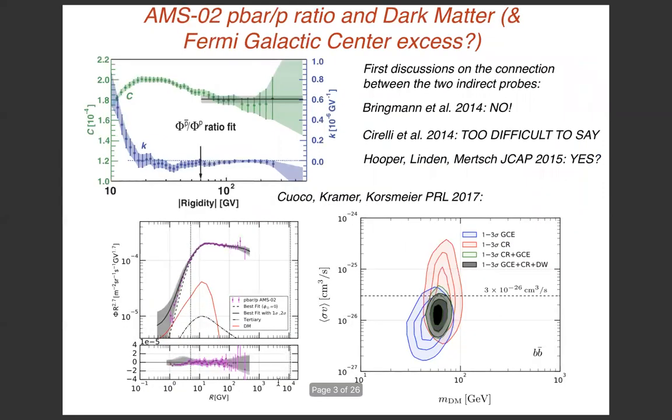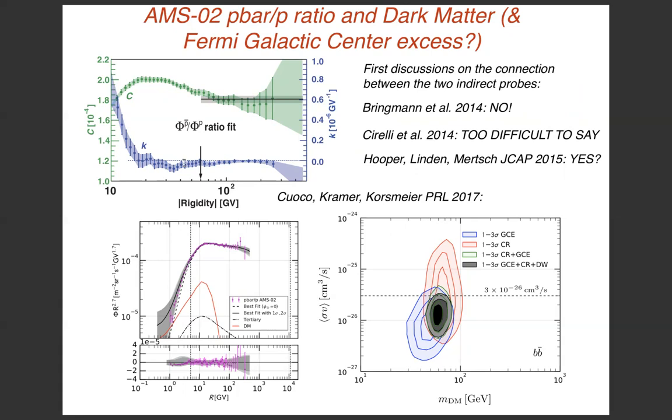Now, this has been a subject that before the AMS measurement was contested between different groups: whether we would be able to measure if dark matter is a thermal relic with such a mass that it would produce antiprotons at these energies or rigidities,